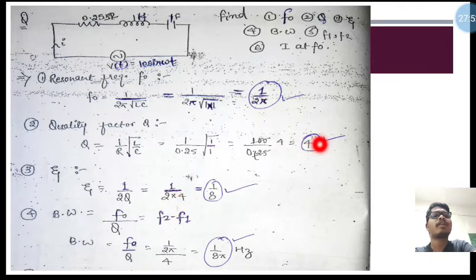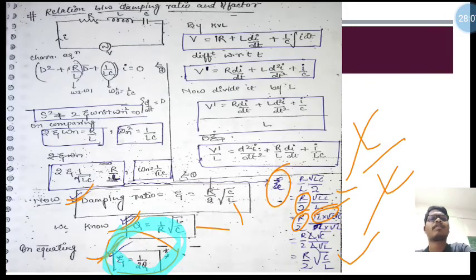Quality factor we have already got from here, that is 4. 1 divided by 2 into 4 is 8, so 1 divided by 8. And bandwidth, that is frequency divided by resonance frequency divided by quality factor, it is inversely proportional, we have already discussed. So put here,